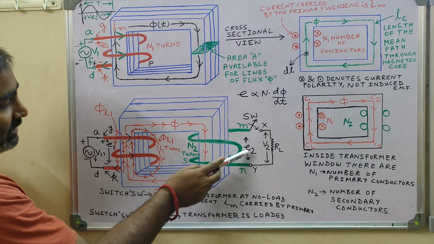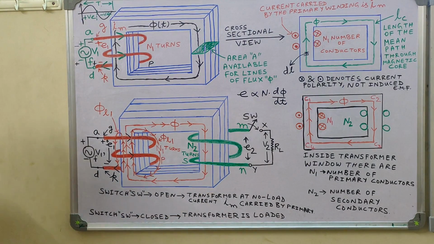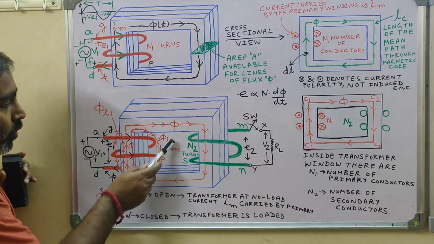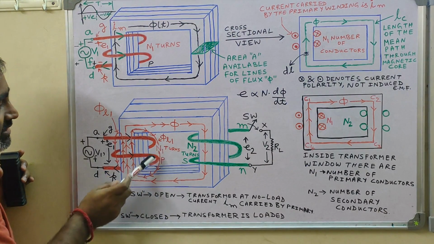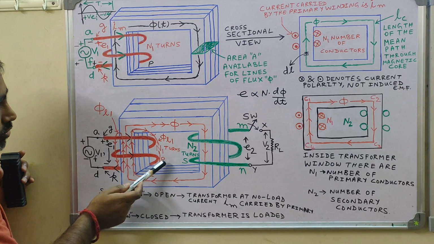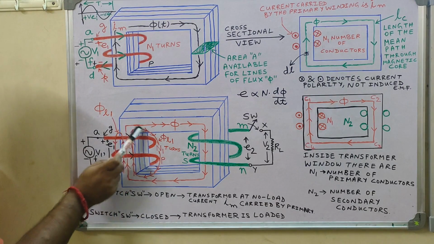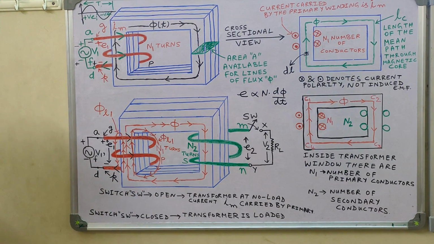Induced EMF in the secondary coil is E2. Why is there a 2? Because it is the induced EMF in the secondary coil. So most of the quantities which are related to the secondary coil will be denoted by a suffix 2. On the other hand, if the quantity is related to the primary coil, it will be denoted by suffix 1. So phi L1 means leakage flux due to the primary coil. 1 stands because it is related to primary coil P, and L stands because it is leakage flux. Now, why is this flux known as leakage? Leakage is known because it is not following the intended path.